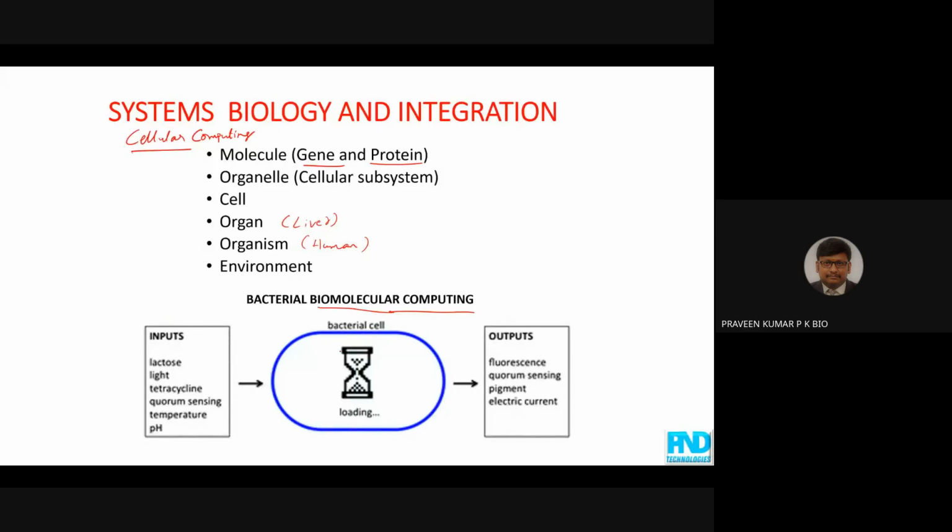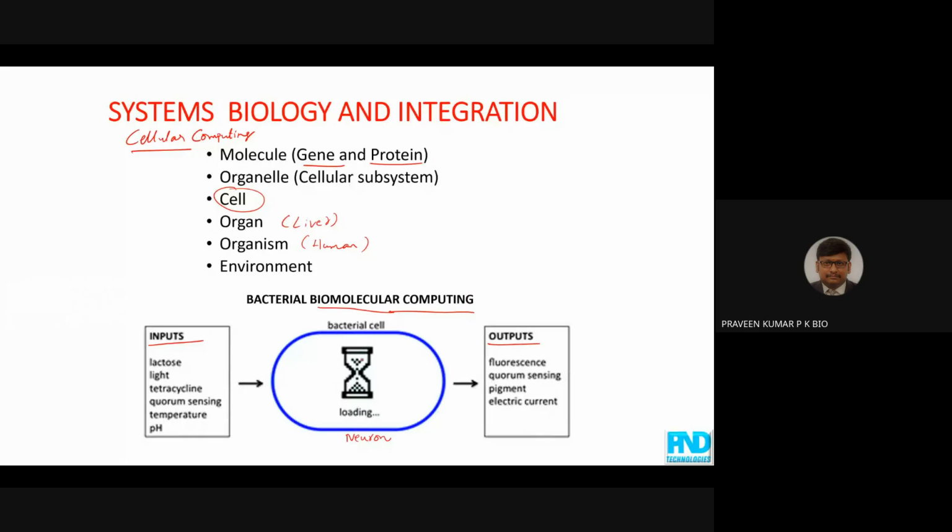Okay, in this example we have taken a cell, a bacterial cell. In the bacterial cell, just like a CPU, we can also call this a neuron. In a neural network, this can be considered as a neuron, a processing unit, where we feed inputs and we can derive some outputs. For example, here in a bacterial cell, if you feed lactose,